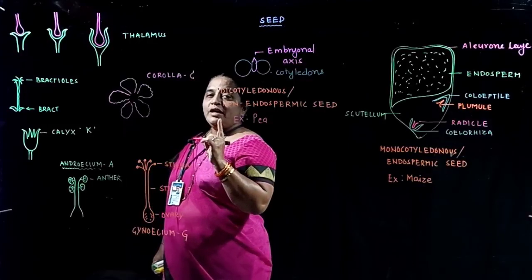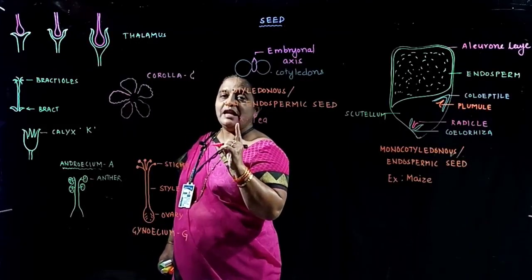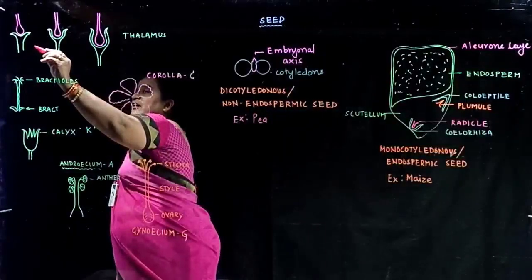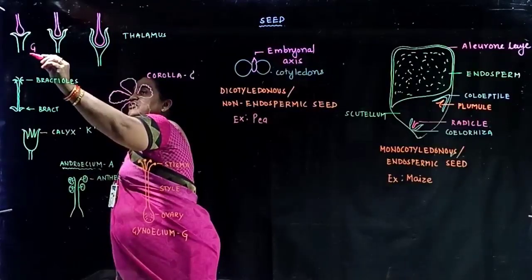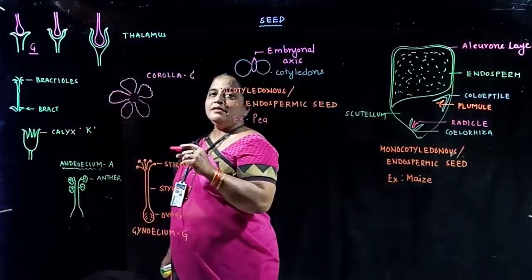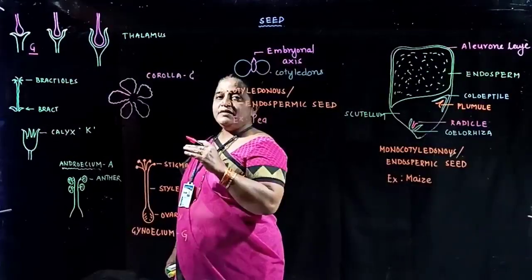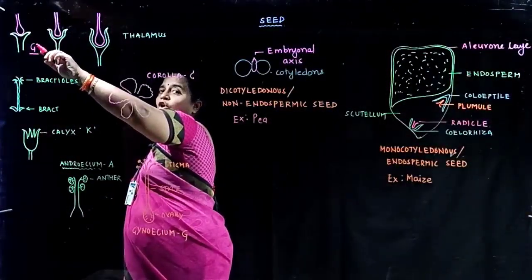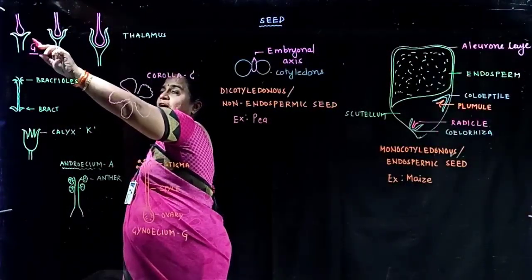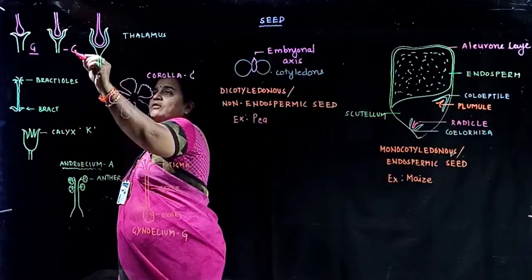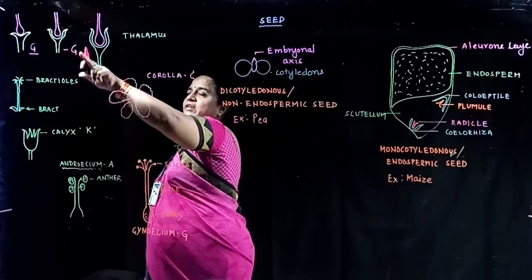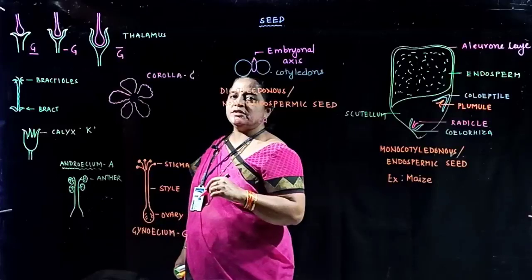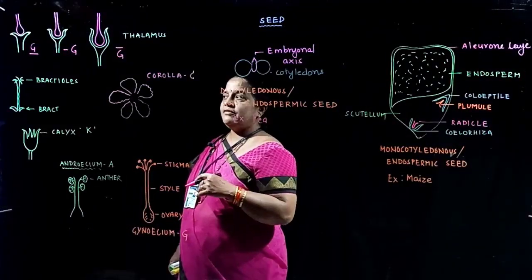I already mentioned to you that there is a scientific language to describe the flower. We call it the floral formula. To show a hypogynous flower, G is gynoecium, and the members of the gynoecium are carpels, and the fertile part of the carpel is the ovary. So the ovary is above all. This is the symbol for hypogynous. This is the symbol for perigynous. This line indicates the ovary is half inferior, half superior. And this is the symbolic representation of an inferior ovary and epigynous flower.